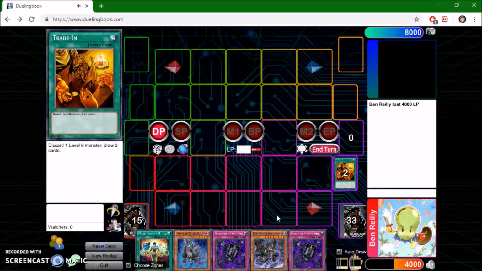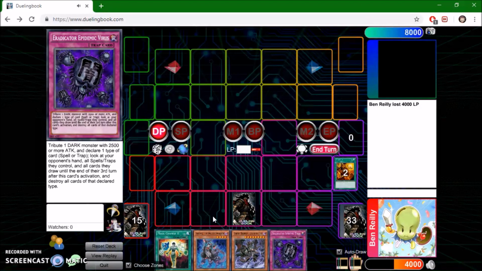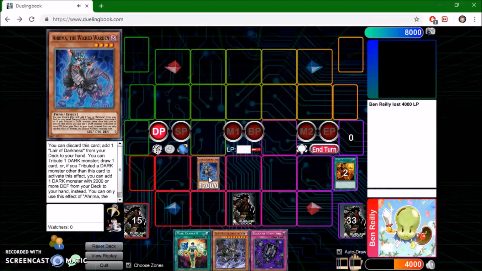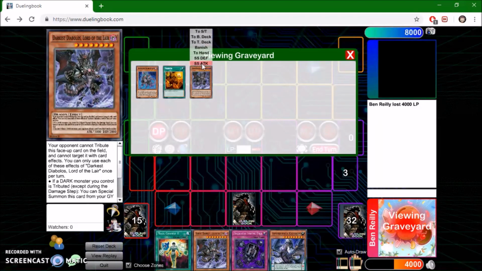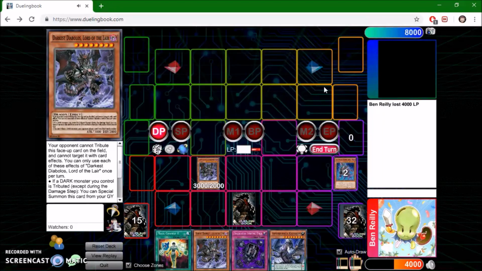Nice. Well, could have been better. We will set 1 Eradicator. We don't need to set both. The best bet right now would be normal summon Arima, tribute it off to draw 1 card, and then get Diabolos out of the grave. And you're looking at an Eradicator play at this point. So what you can do is...